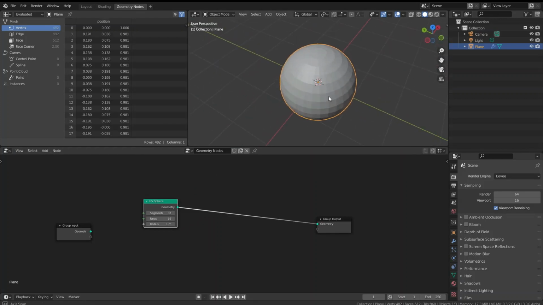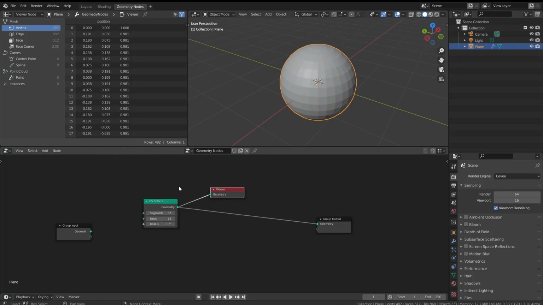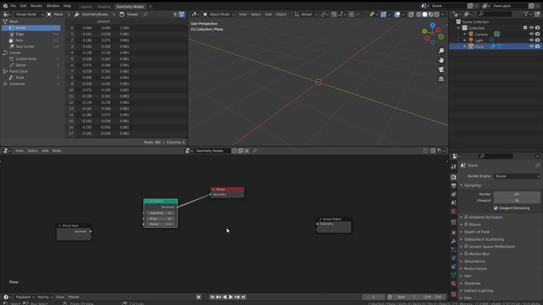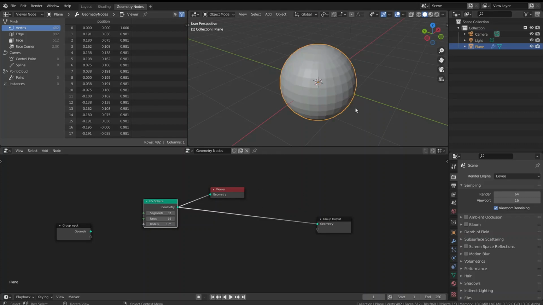Because in geometry nodes there's a viewer node which activates with Ctrl+Shift+Click. If you have Node Wrangler and you want to connect the output to the group output, you have to press Alt-Shift-Click. So Ctrl-Shift-Click is for the viewer node and Alt-Shift-Click is for Node Wrangler. Alright, so